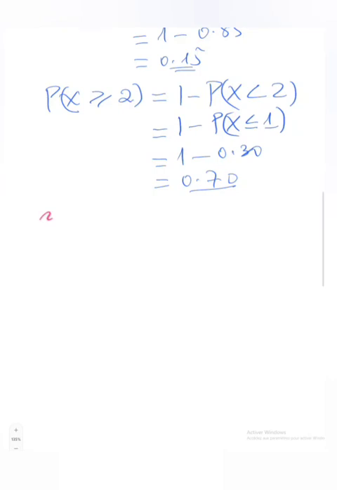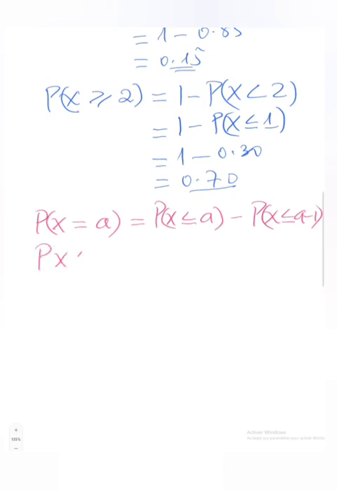Finally, before we go to the tables, a summary of how you would be preparing your solution before going to the tables. If you have to do a calculation which involves X equals a, you would have to do P of X less than or equal to a minus P of X less than or equal to a minus 1. So that ensures that you have the cumulative of a minus the cumulative of the next lower integer to the left of a. In the case where you have P of X less than a,